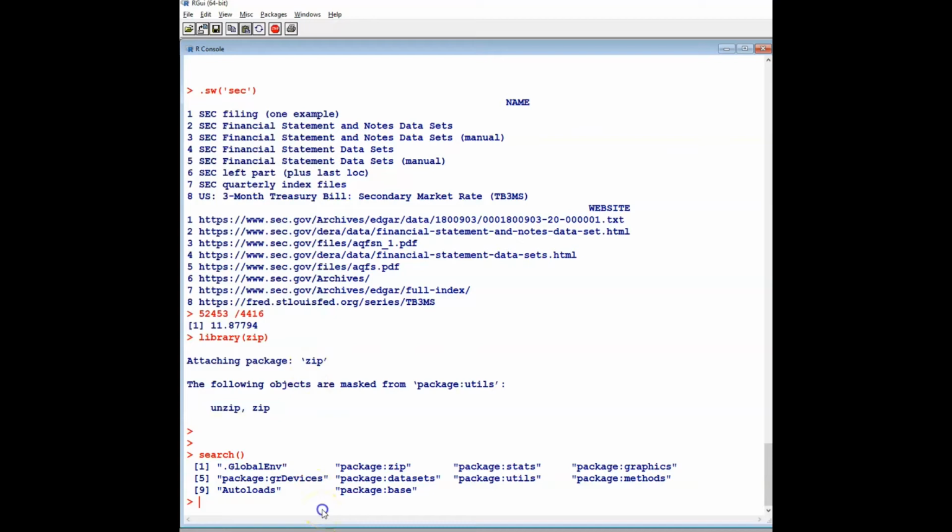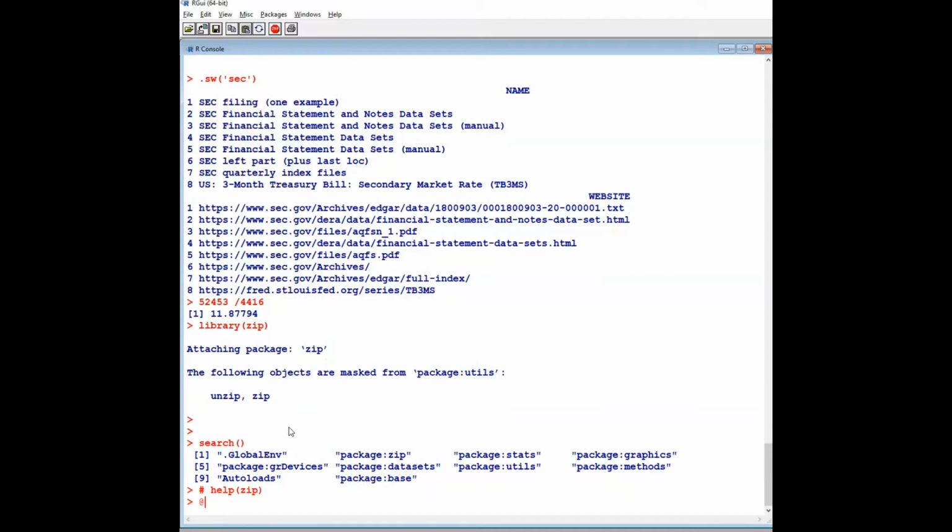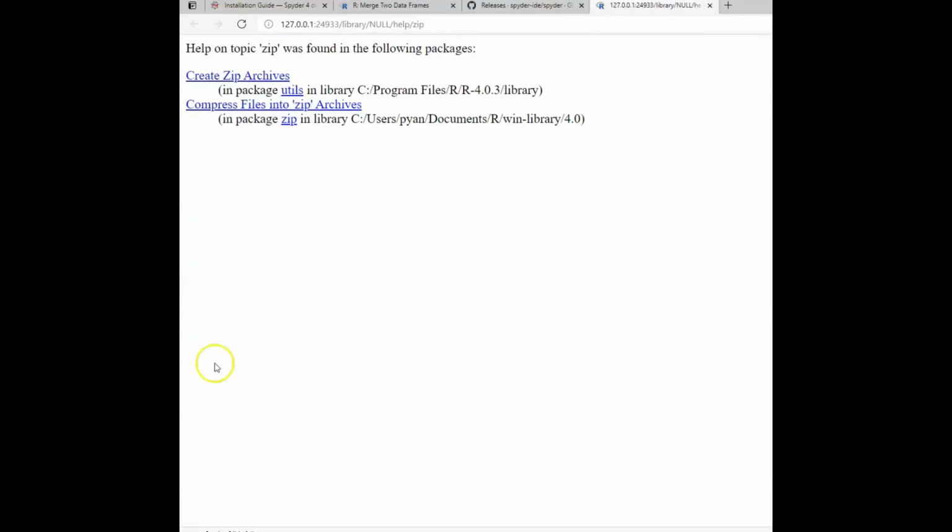For this reason, if we want to get information about zip, remember before we can use help. So I'm going to show help zip. Suppose we type help zip. This only gives us some